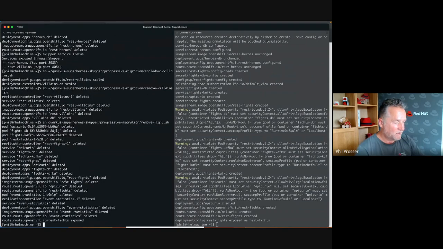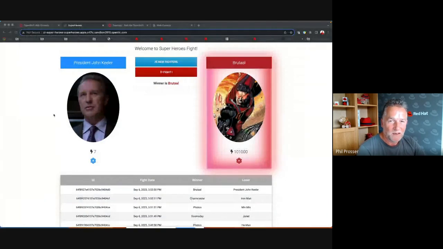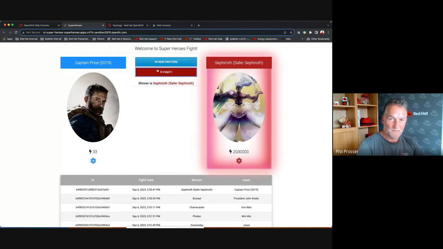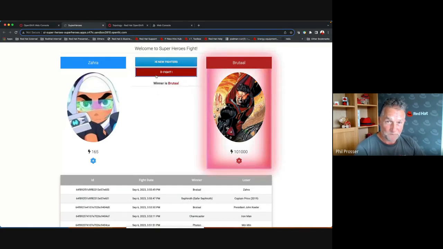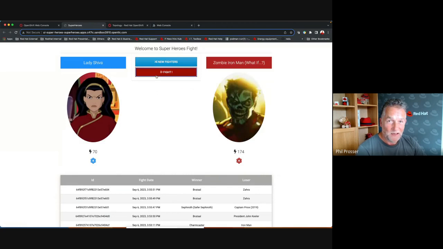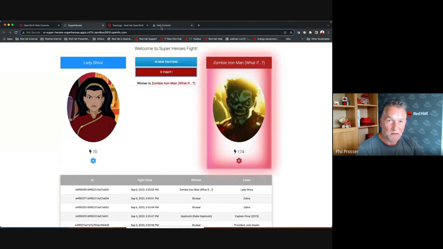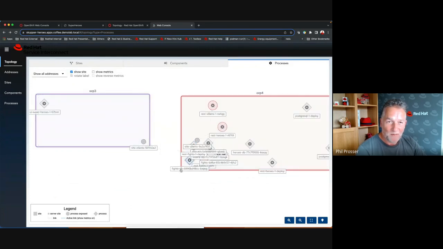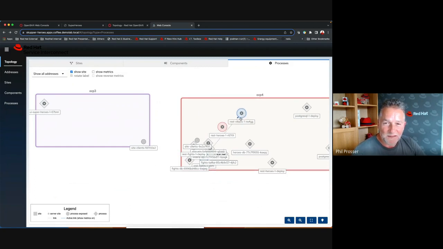All right, so that's that completely undeployed. So if we go back, are we still able to fight? So now the fight service is only on OpenShift 4, and it all looks to be working absolutely fine. If we look at the actual Service Interconnect console now, it's really getting a bit lightweight on the OpenShift 3 side. Everything apart from the user interface, which we don't really know much about the call chain here because we've not exposed anything. Everything else is sort of running now over on the OpenShift 4 side of the house,